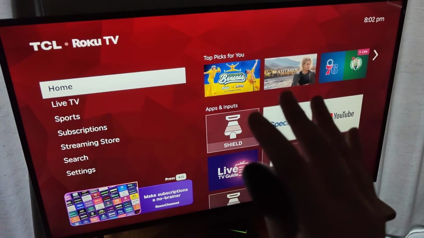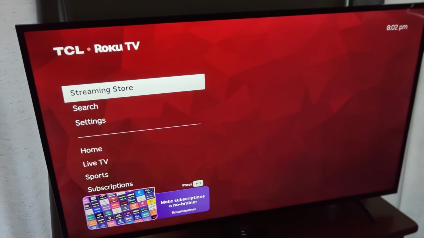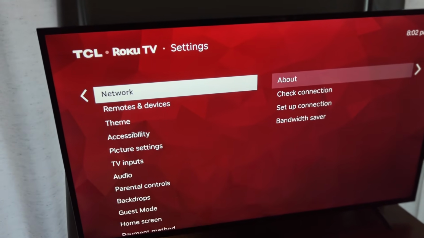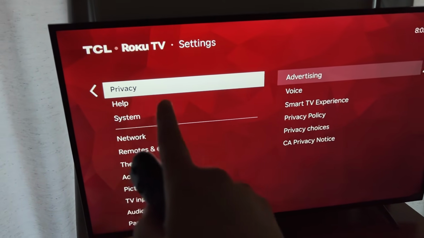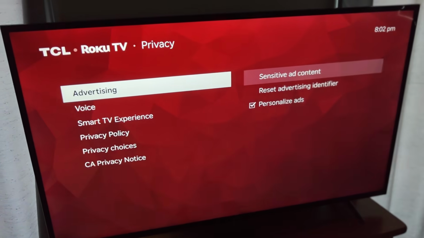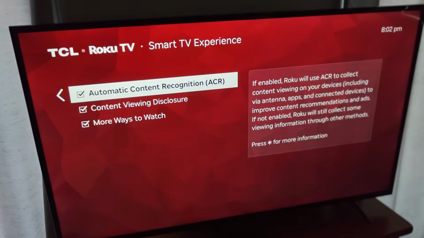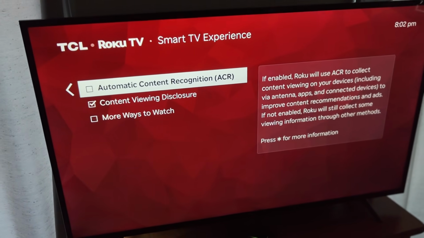So if you want to turn off this particular tracking on your Roku TV, what we want to do is from our homepage, we're going to go down to settings, and then in our settings, we're going to go over and down to privacy. So going down towards the bottom, and we can find the privacy option there. So then we're going to go over here to the side and then go to the smart TV experience. And opening this up, we can see that auto content recognition, and we're going to click OK on that to